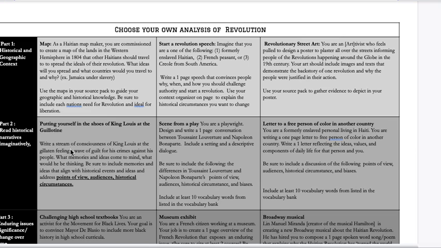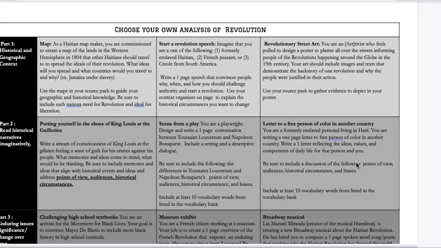You want to run through all of the things he did and why it caused violence and why people want to kill him. You could also write a scene from a play. You can write a dialogue. You could write a dialogue really between any revolutionary characters. You could do a dialogue between the king and a peasant, or a king and one of those women who stormed his palace. You could also do a dialogue between Toussaint and Napoleon and kind of have this battle that Toussaint and Napoleon had over liberation. Again, you're writing like a scene from a play, like a dialogue.